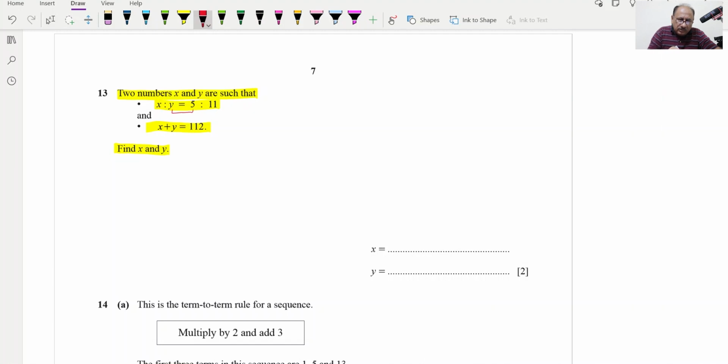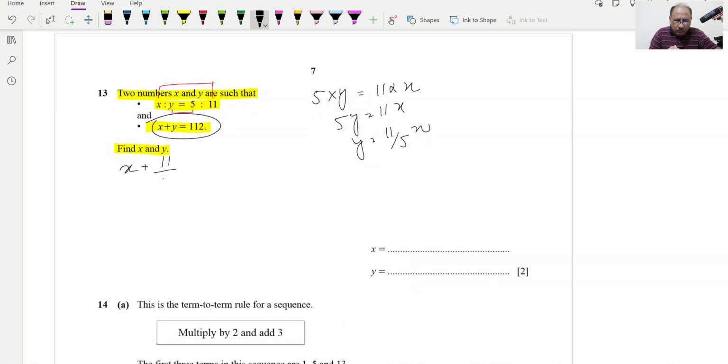Multiplication of interior will be equal to multiplication of exterior. So it means 5 into y will be equal to 11 into x. So 5y is equal to 11x, and y will be equal to 11 over 5x. Now this one, 11 over 5x, we can replace in this equation. So x plus 11 over 5x is equal to 112, and now